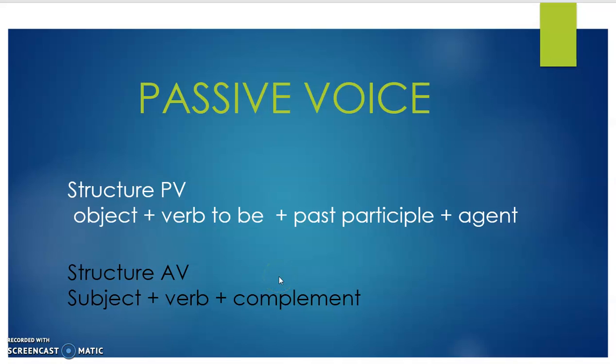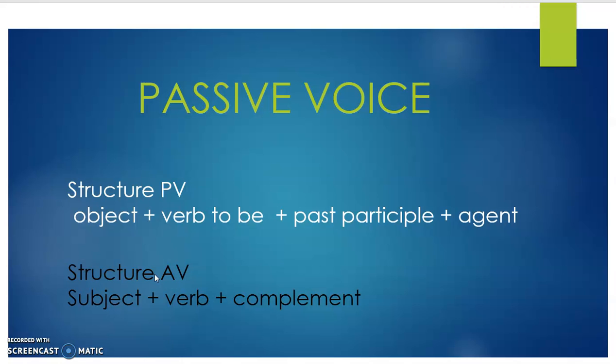Hello. Okay, today we will continue with the explanation of the passive voice. In the first class, we saw the present simple in passive voice. Today we will see the other tenses. Okay, for example, in this part, it's necessary that you